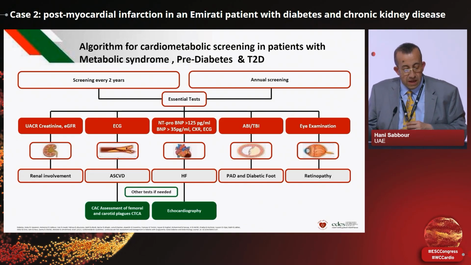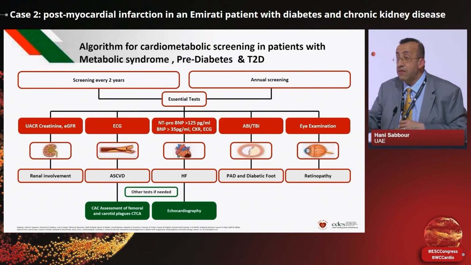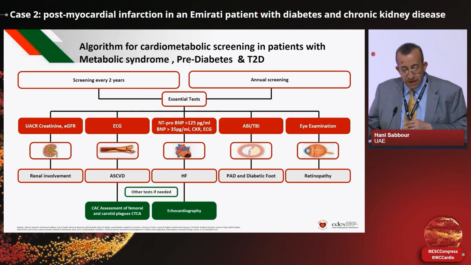ECG is a must. NT-proBNP. This is really important because this is a biomarker of risk. We're not just pulling out heart failure. It's a marker of atherosclerosis as well. Ankle brachial index annually, and the annual eye exam, which is standard, plus the foot examination. Now,